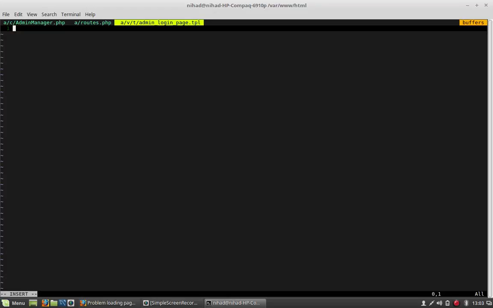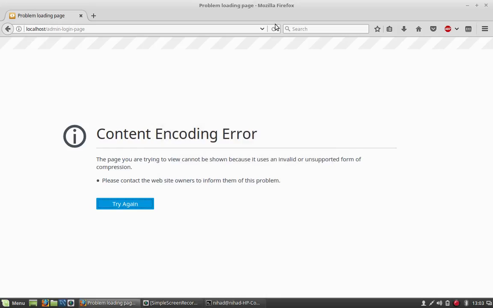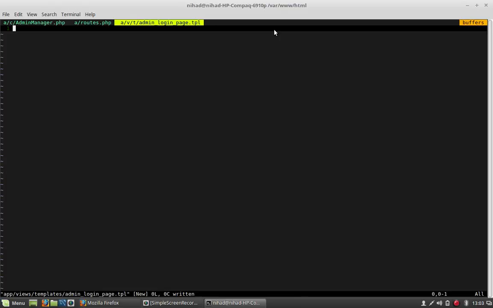And so before we add our login form to the view, let's just save it. So basically this file exists now, and if you refresh, we should just get a blank page. Yep, as expected. So let's go back here, let's do div class